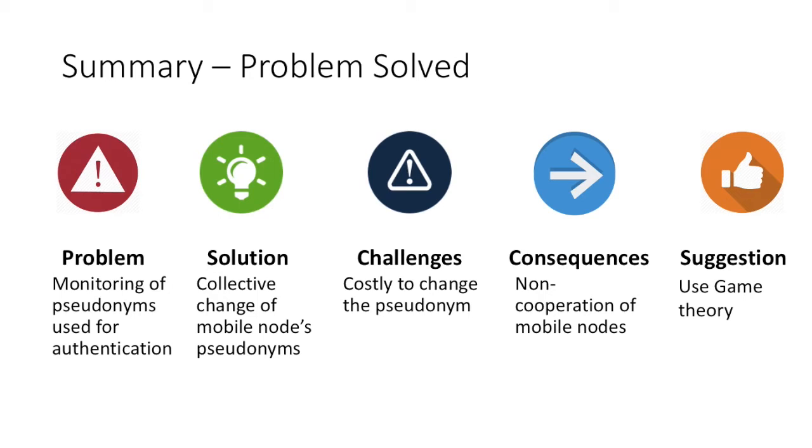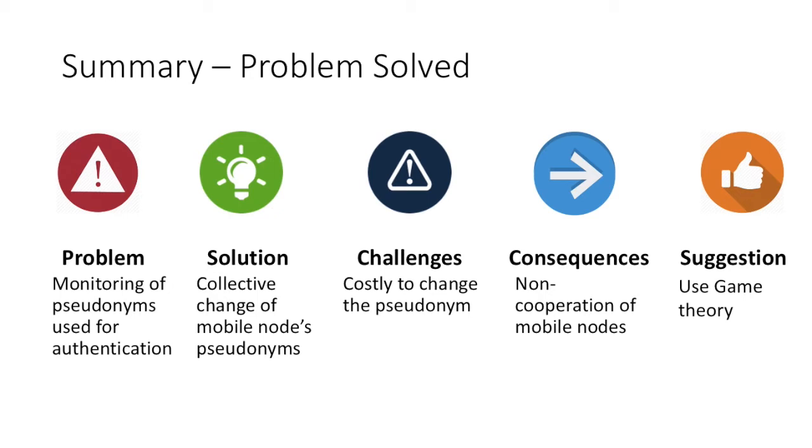For all these reasons, some mobile nodes might decide not to change their pseudonym. In fact, at least 2 mobile nodes need to change their pseudonym for privacy to be guaranteed. If only one changes, there is no privacy protection. All will know that only this node changed and will be able to identify it. So, non-cooperative behavior of mobile nodes is plausible because it can be costly and can result in no location privacy